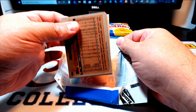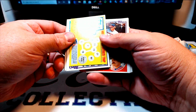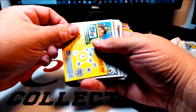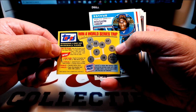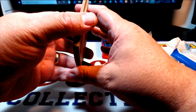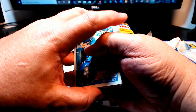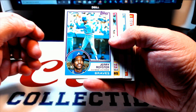Could also have corroded gum, which we're counting on. Oh yeah, the win a World Series trip, man. Remember those? Those were fun. I always scratched them off in the wrong order. Fortunately, the cards are not in perfect shape, but it is